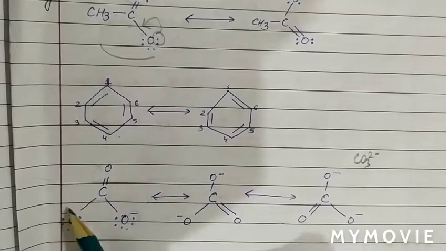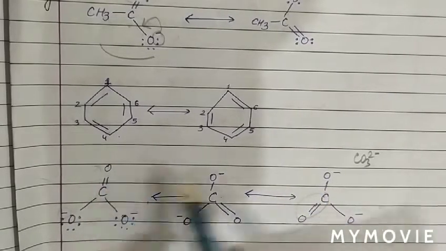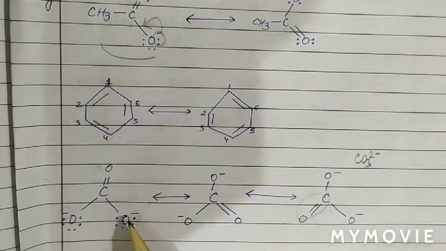Now this electron pair can also shift, because negative charge next to a single and a double bond also fulfills the condition of resonance. So when this negative charge shifts between carbon and oxygen, there is formation of a double bond between carbon and oxygen. At the same time this pi bond will break. So how many resonating structures are there? There are 3 resonating structures, and we can see that the position of the pi bond and lone pair changes.